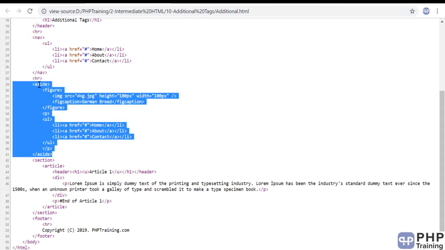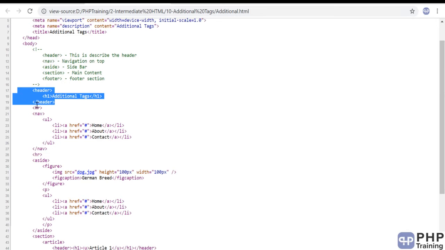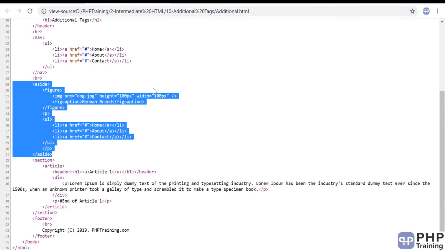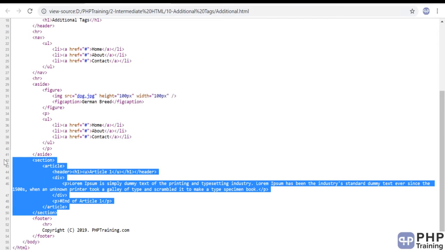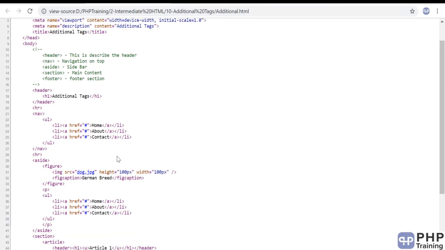So you have to understand that HTML has given some tags which you can use to describe the parts of an HTML page. What could be the parts? Header is one part, navigation is one part, then sidebar is one part. Then apart from that, you have your section which we have looked at in the previous section, article, header, and then you have your footer. Then you can also have the footer showing at the bottom. Well, this is how we organize our HTML page, right?